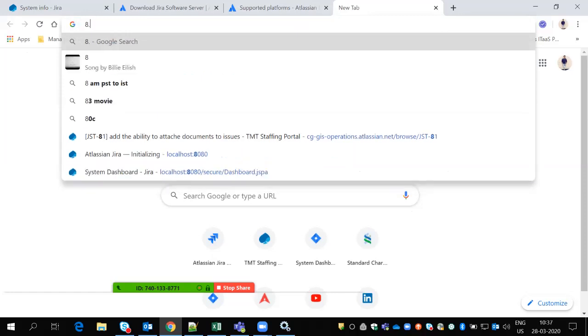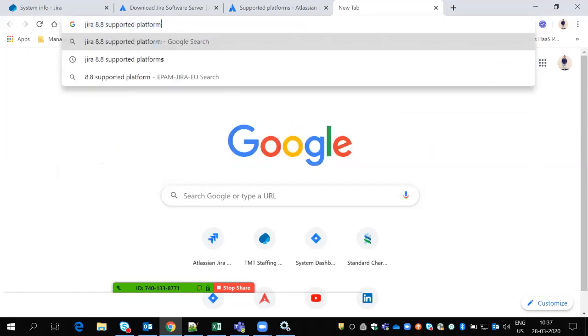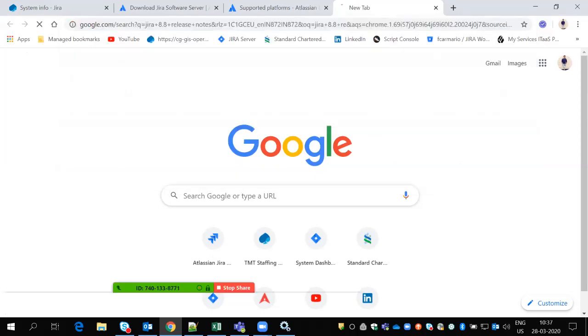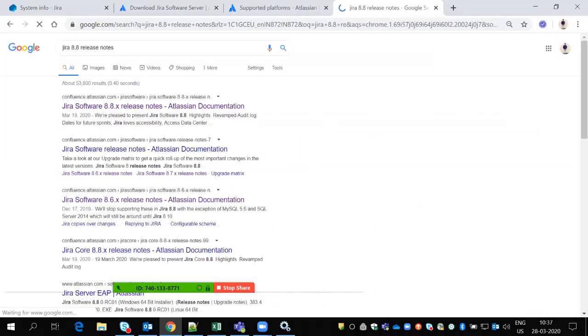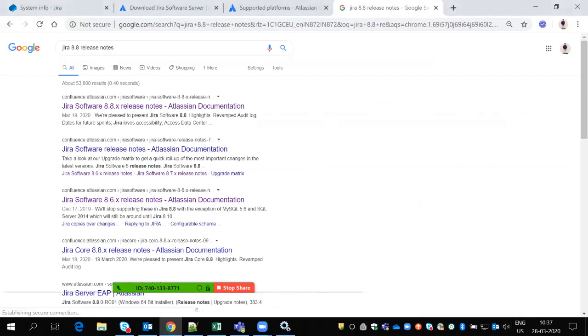In companies, as you told earlier, they won't be using the H2 database, right? If the database is changing, it means we have to change the database as well. We need to do database migration also. See, this is an upgradation. Upgradation means only Jira is upgraded from a lower version to a higher version.